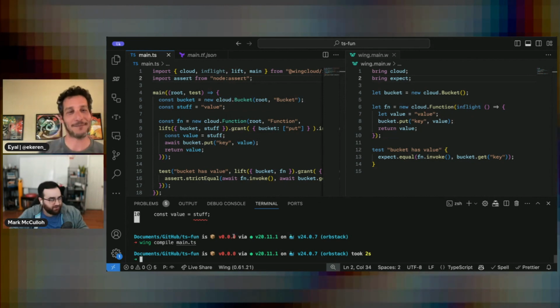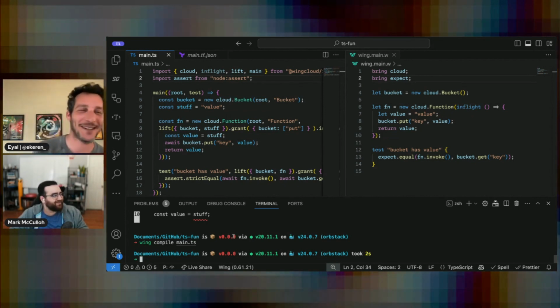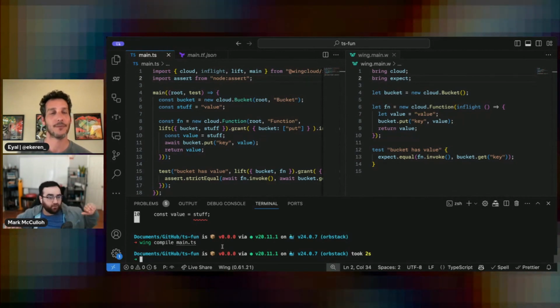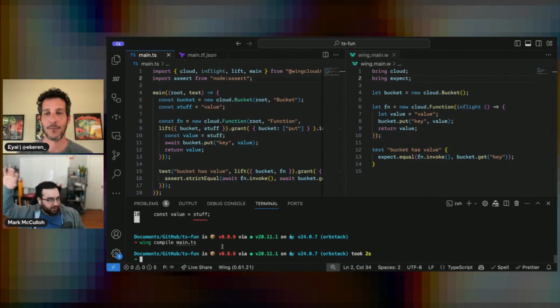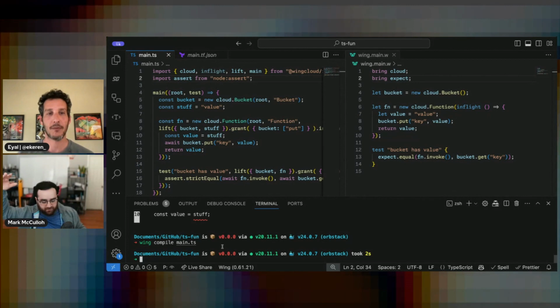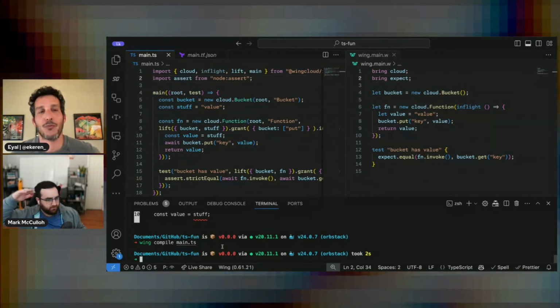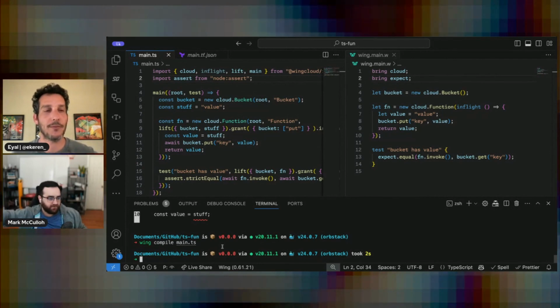You can install it and import it, and it'll work in the same way it works in Wing. You'll get the full power of, if it's a multi-target supporting thing, or it has simulator implementations, you get the whole thing with types.